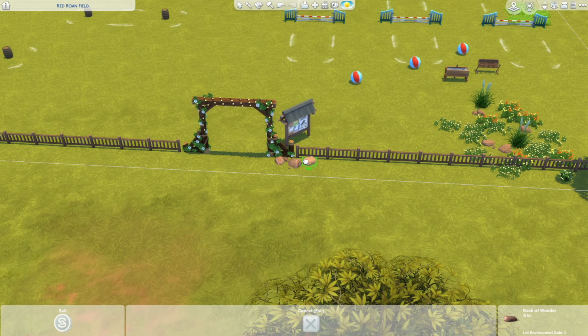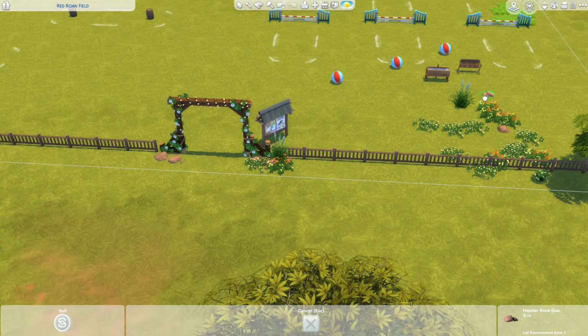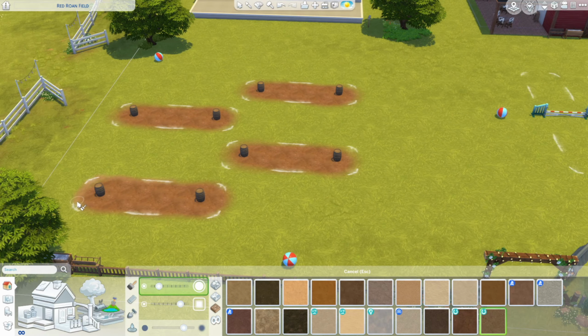You could still get all of the same training, and you could be the one that gets the mentoring so that everybody can get skills here, both the human Sim and also the horse. But I hope that would work out. I haven't tried that part of it yet, because pretty much as soon as I got done with this build,